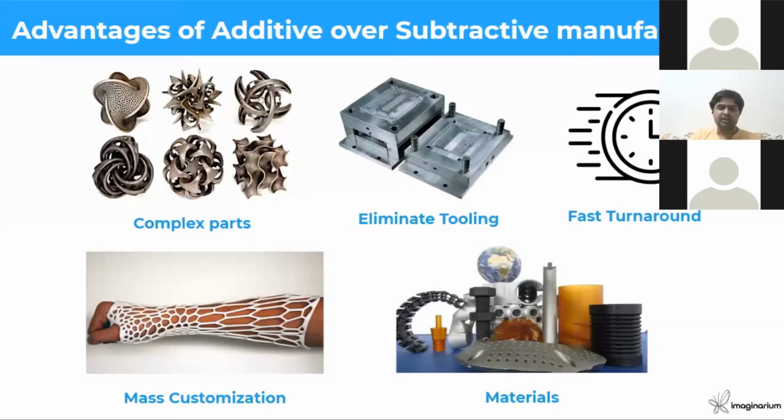Material development with 3D printing has happened very fast, and we have the capability to more or less give any kind of material with the help of 3D printing today. One new entrant, I would like to give as an example, is carbon fiber 3D printing. A lot of people 3 or 4 years ago used to ask whether you can do carbon fiber 3D printing, and the answer used to be no. It was still not possible to use carbon fiber as a 3D printing material. But the answer differs today. After almost 4 or 5 years, we can very frankly say that yes, carbon fiber can be 3D printed, and we offer that. So that is how we have come.